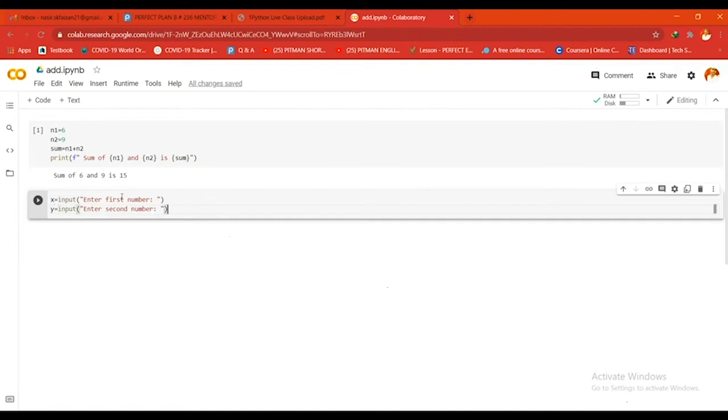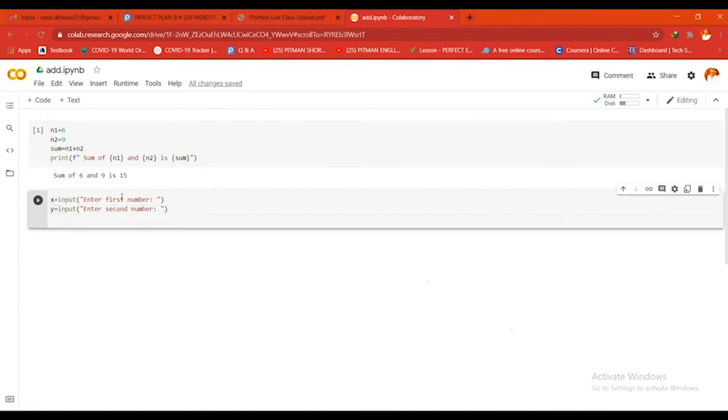Change the variable to y, and again I'm going to use this third variable. So I'll say sum equals float of x plus float of y,